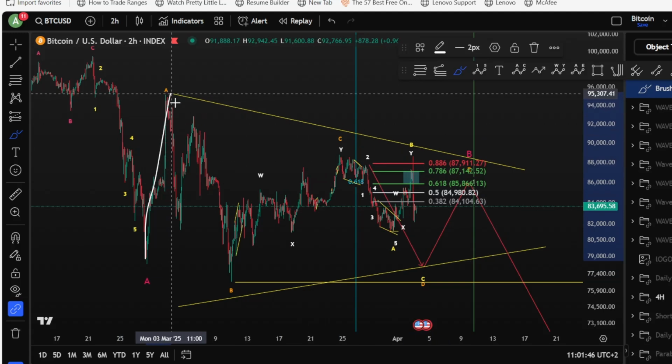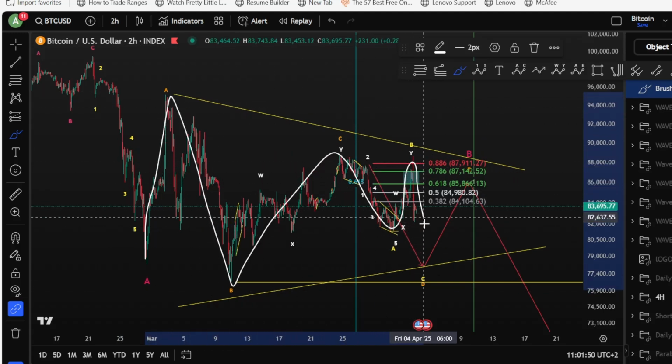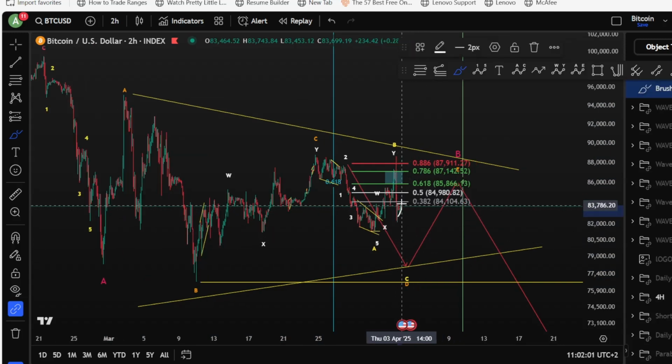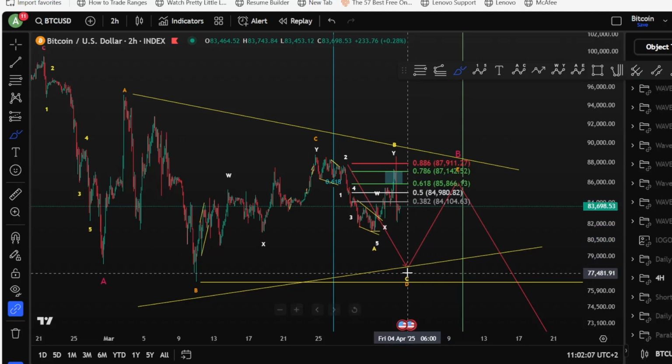Meaning, if you are in an A, B, C and you're looking for a wave D, yesterday we said that this is a corrective wave toward the upside. We're still looking for lower, and here we go. We dive very fast and very deep. Now, of course, it's definitely going to rebound toward the upside, get some power again, and continue toward the downside to finish a wave D potentially.